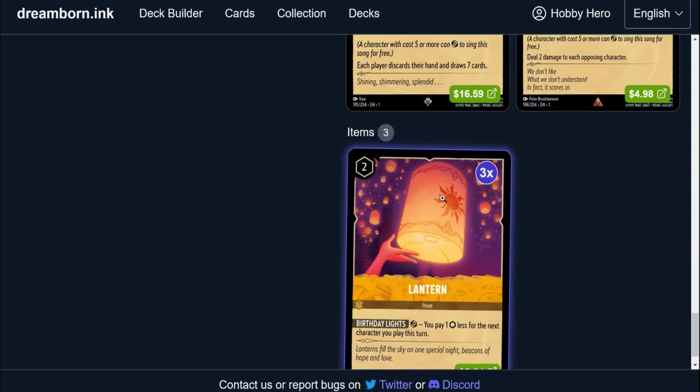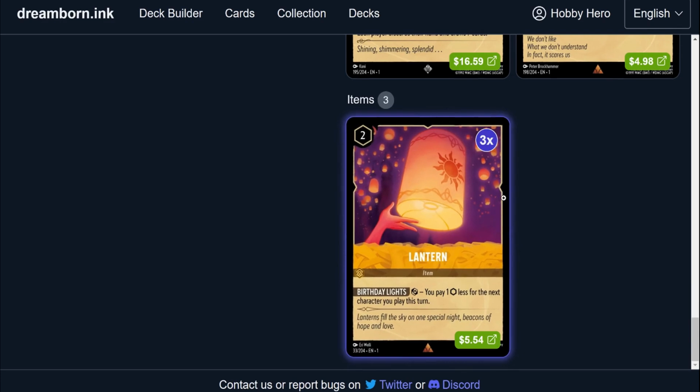And then finally, we have our 3 copies of Lantern. Now this card is extremely crucial to the deck going off with Stitch a turn earlier because of the cost reduction to his shift ability. However, I don't think you can run 4 because any more than one of these is a huge burden to get out. It doesn't reduce the cost of anything else other than the characters you play, and most of the characters you play cost